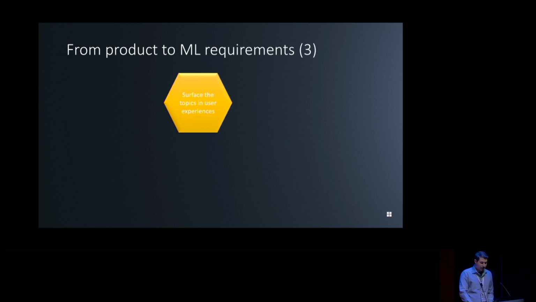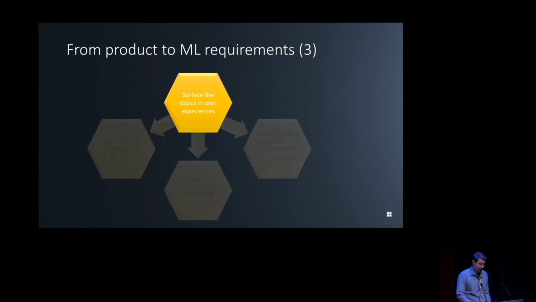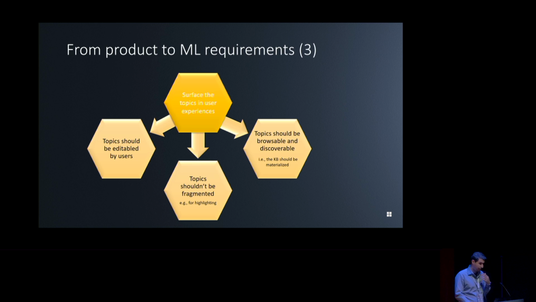All right, moving on, surfacing the topics in various user experiences. Probably one of the most important ones is the human curation. So users want to edit, they want to add, they want to remove topics. So you have to support the human in the loop, and that happens continuously, right? So also for things like highlights, when you build the knowledge base, it shouldn't be fragmented because you wouldn't know which one of the fragments to select. And even if you select one of the correct fragments, it will be incomplete because the remainder of the fragments will be all there. So what you want to do is, as mentioned on the previous slide, not over-merge, but also not under-merge. So your linking has to be really good.